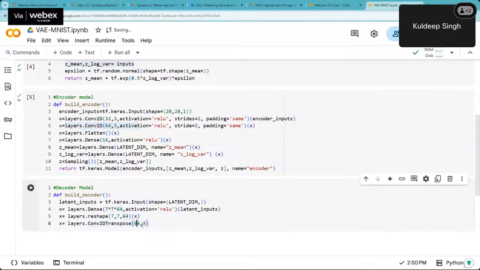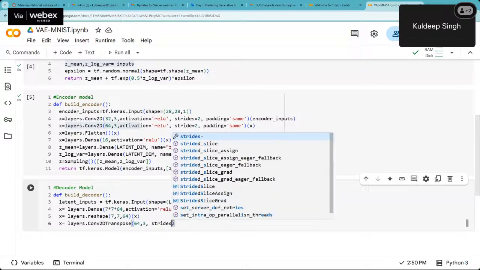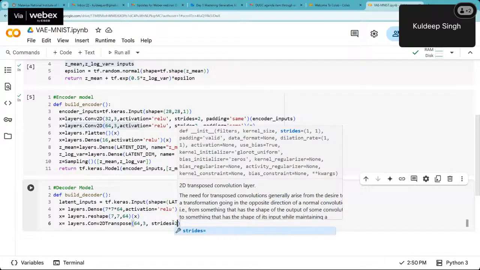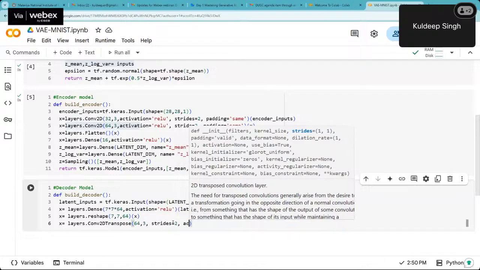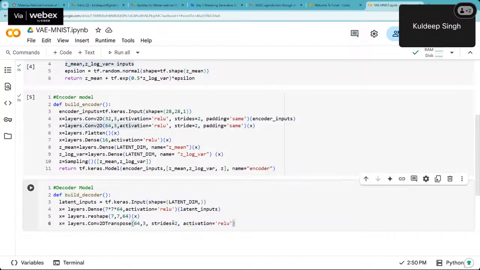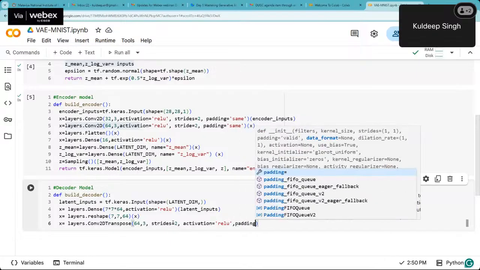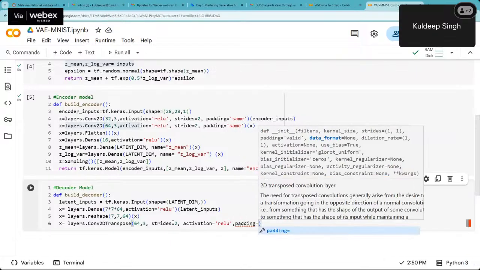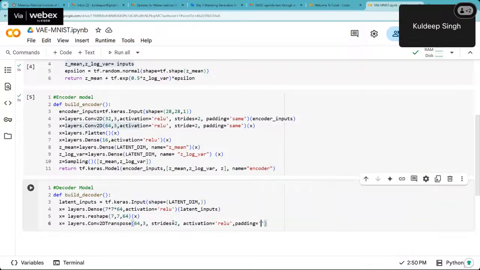So here again 64 filters of same dimension 3, strides is equal to 2, and again activation will be ReLU, and padding is equal to same. And then what will be the input here? So the input will be